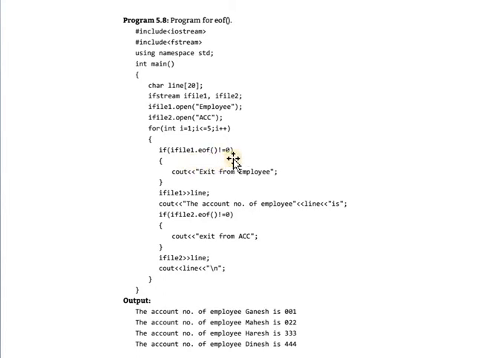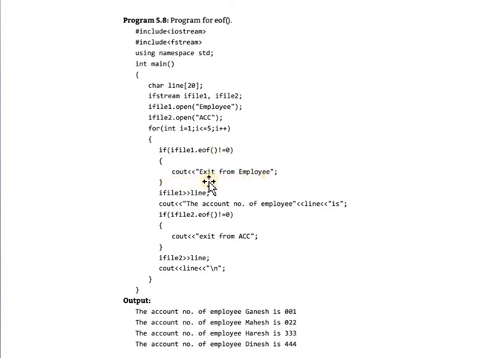If that function returns a 0 value, that means the end of file is not detected, and if this function returns a non-zero value, that means the pointer exits from the file.